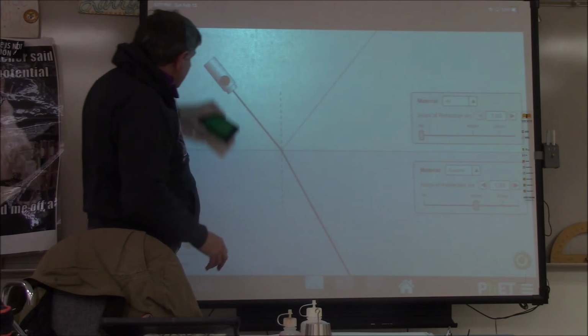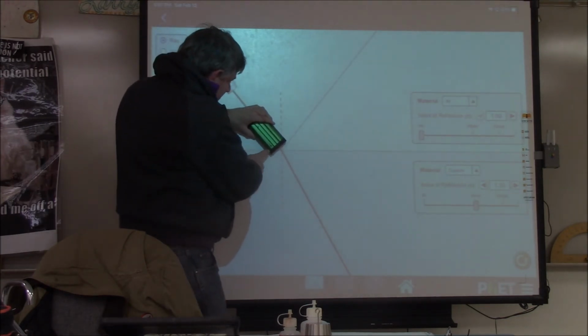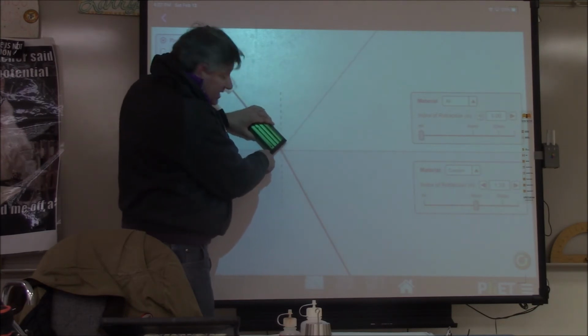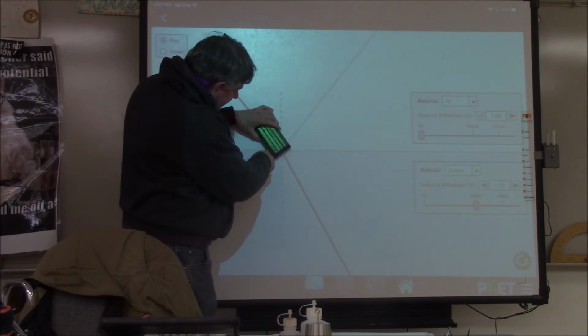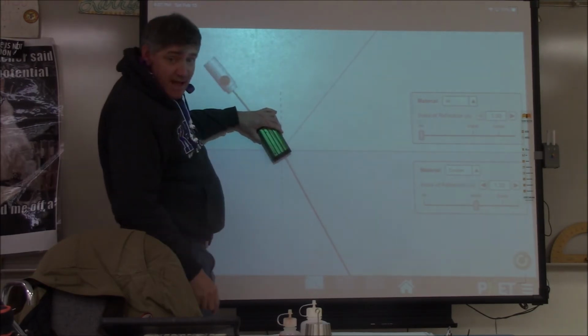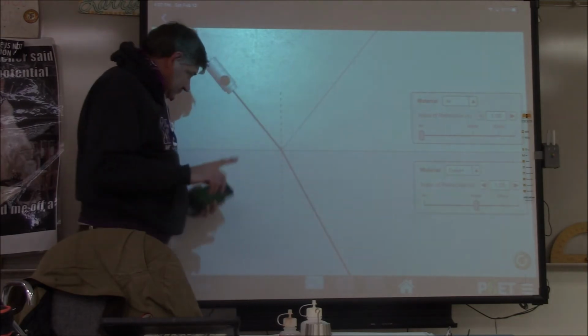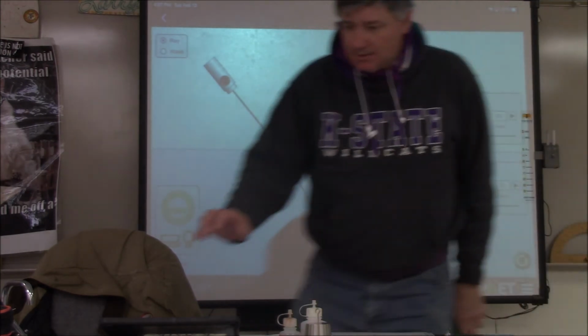You're going to come along here, and you're going to hit snow. What's going to happen is that this side of the tires is going to get slowed down first. Because it gets slowed down first, it's going to change the angle, and then it's going to go like this. Now, the more optically dense you make this,